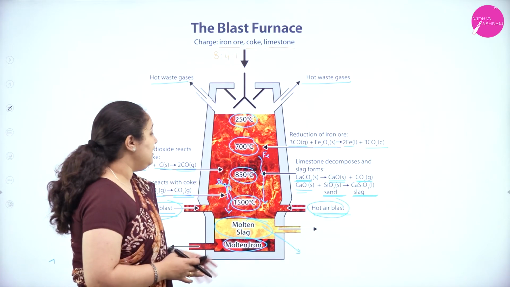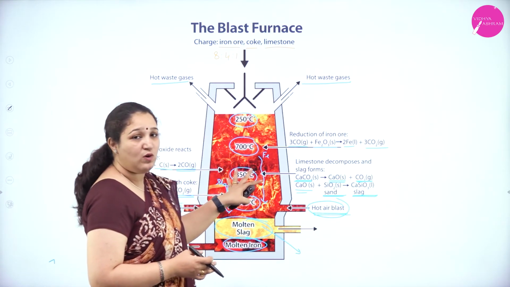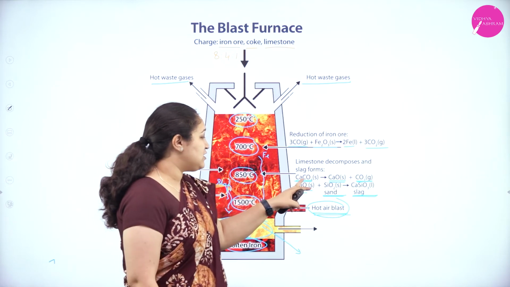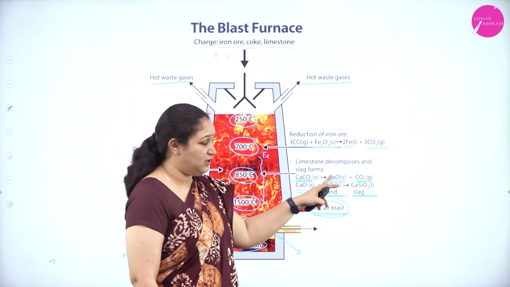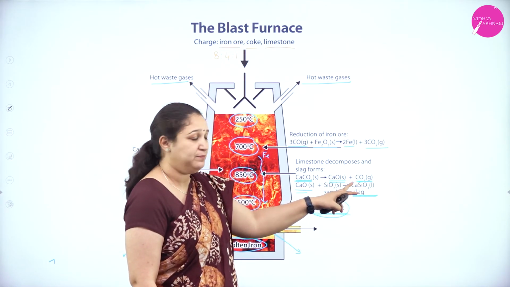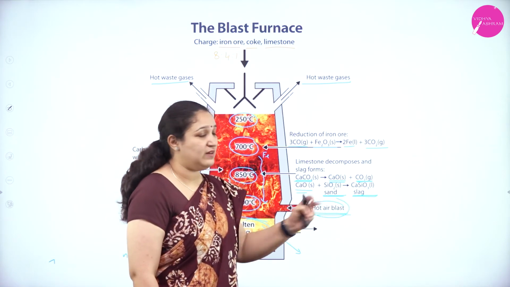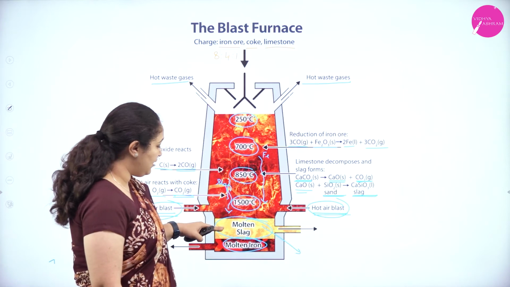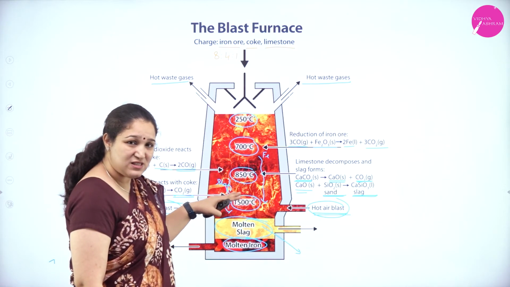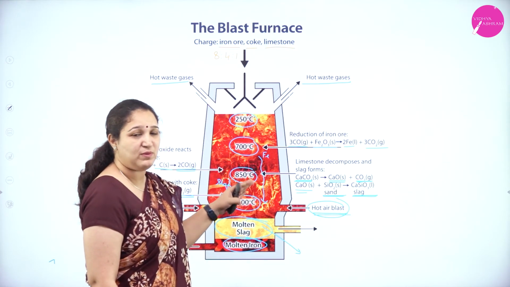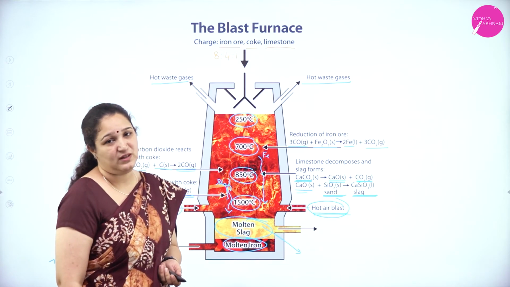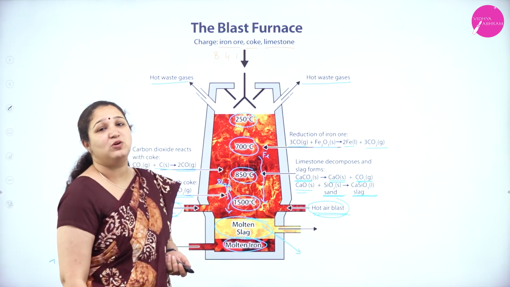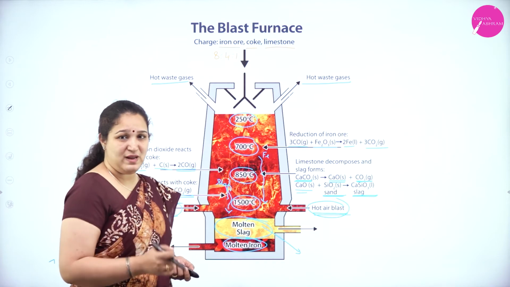Then in between there is a slag zone to remove all the impurities formed, in which limestone, first because of the heat, will form calcium oxide and carbon dioxide. Then the calcium oxide with sand will give slag. The slag is lighter than iron, so it floats over it, and the molten slag is the one preventing iron from coming in contact with oxygen in the blast furnace. So this is about the extraction of iron in the blast furnace.